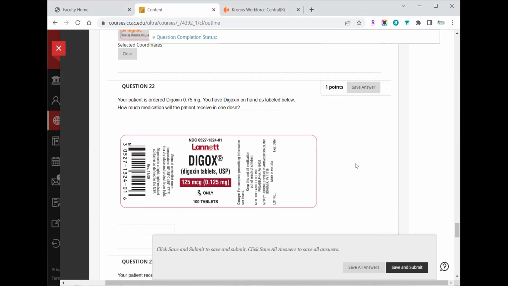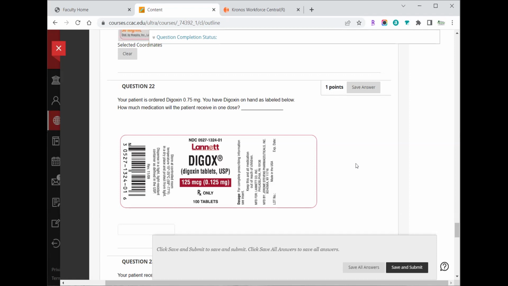All right. Digoxin, 0.75 milligrams. You have the following on hand. You could see that these are tablets. And you could see again that there are two numbers there, 125 micrograms and 0.125 milligrams. So the same